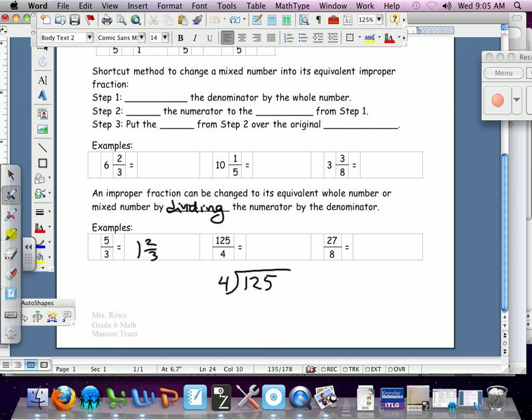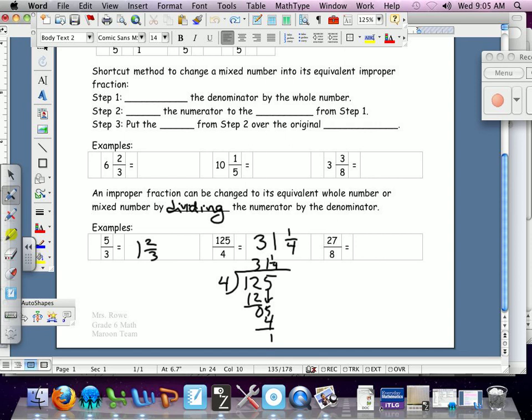Yes, ma'am, in the back. 31 and 1/4. 3, that's 12, that's 0, bring down the 5, you got the 1, that's a 4, then the 1 left, so 1/4. 31 and 1/4. And the last one,